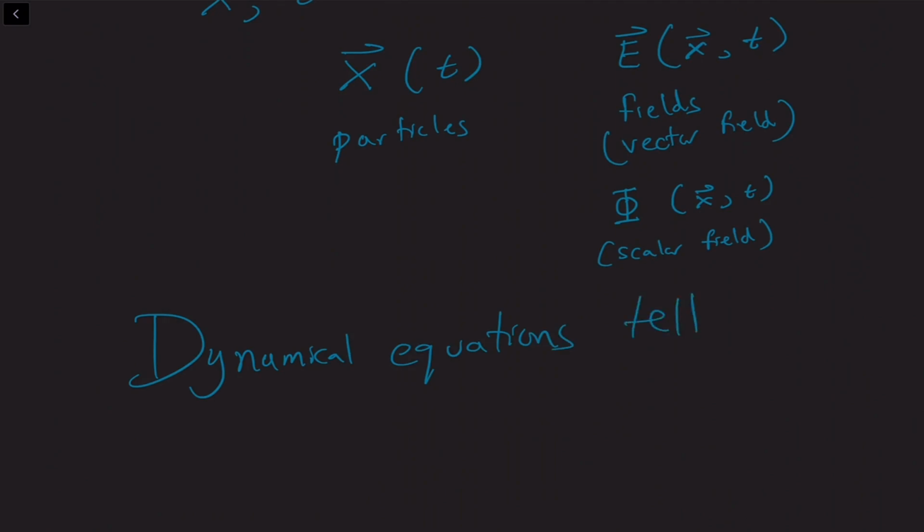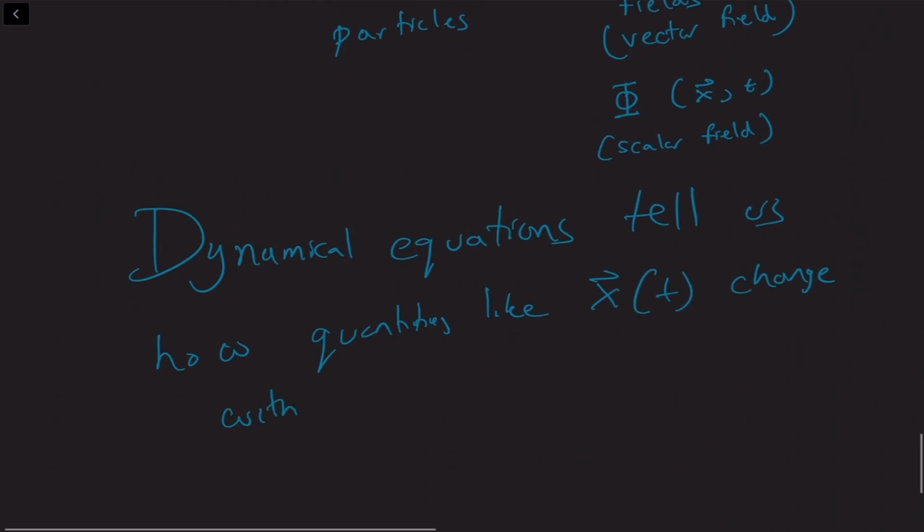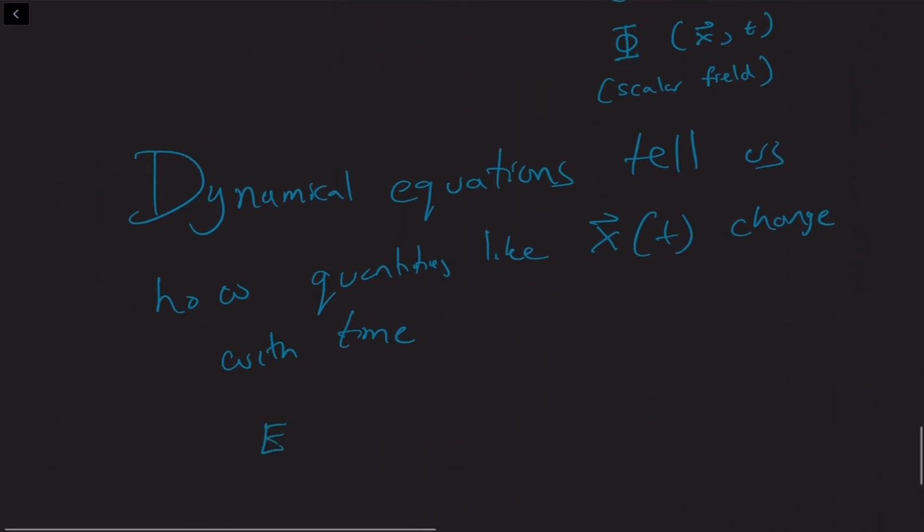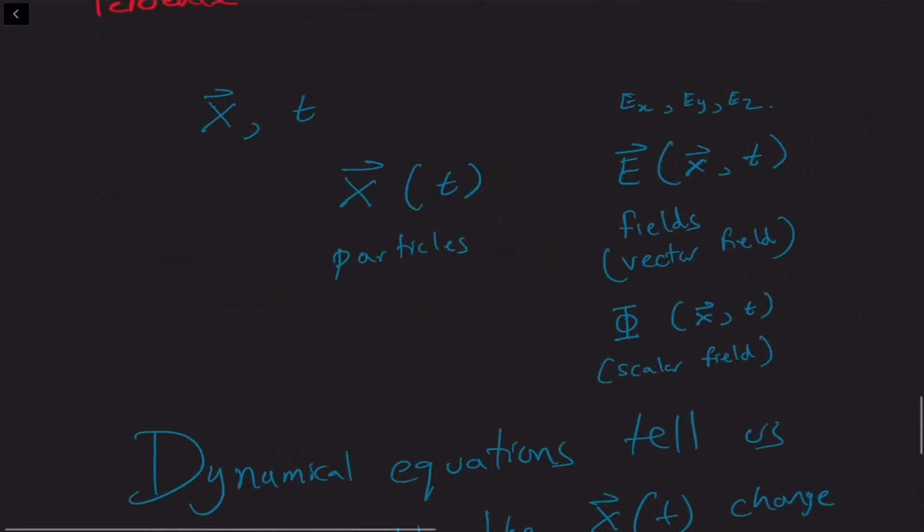And these dynamical equations tell us how quantities like x of t change with time. That is, how does this function x, the position of a particle, change with time? And how does the electric field change as a function of both spatial position and time? Okay. Now, just to be clear about the distinction, the electric field is described at all positions and at a